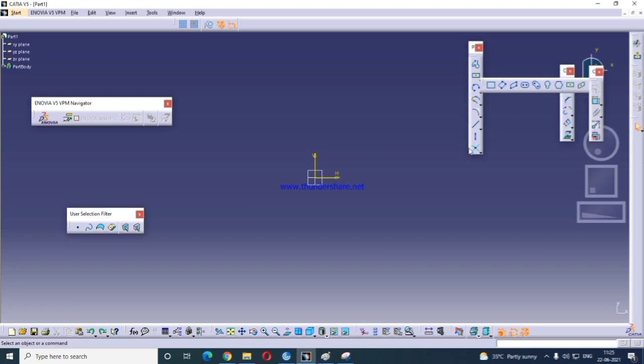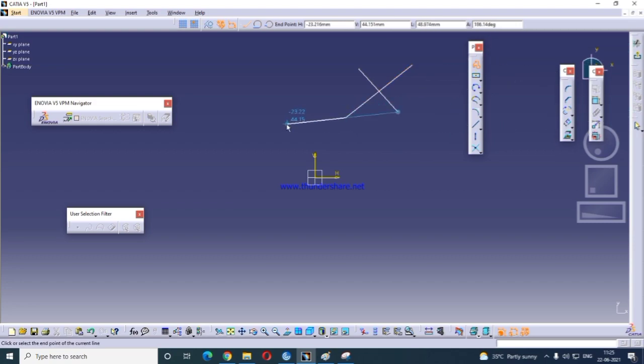Centered Parallelogram, if you have two lines like this, by clicking this we create the parallelogram. This is the Centered Parallelogram. Next are the circle options and arc options.